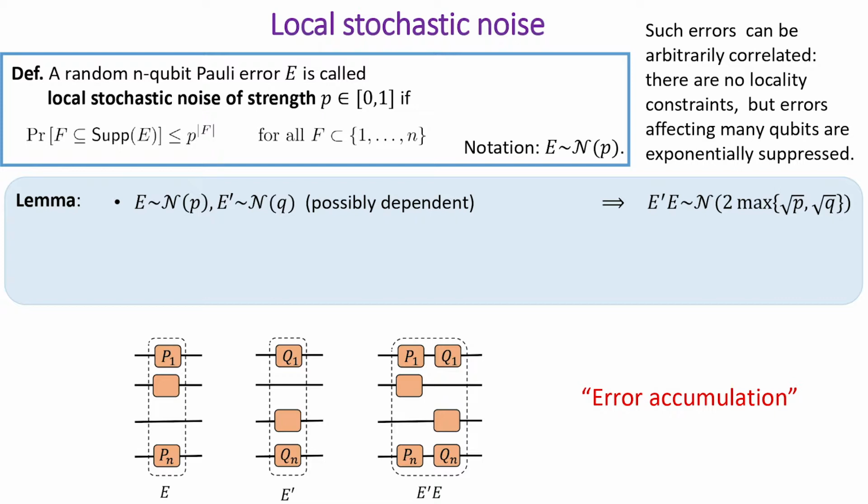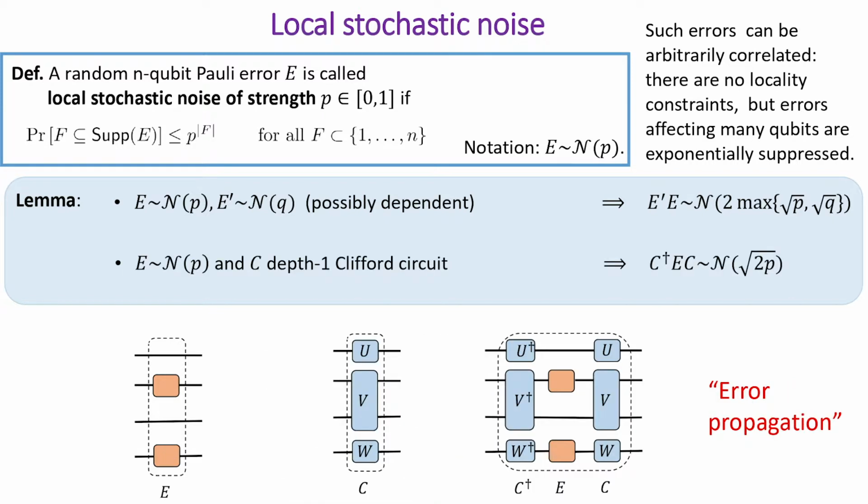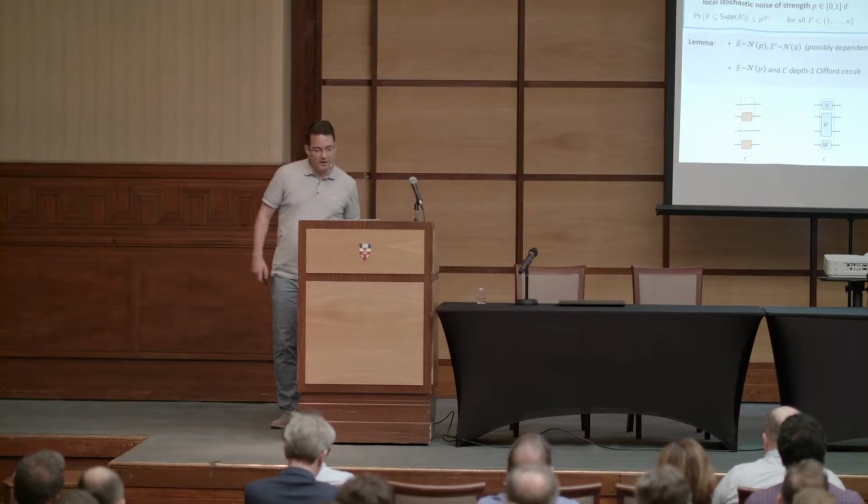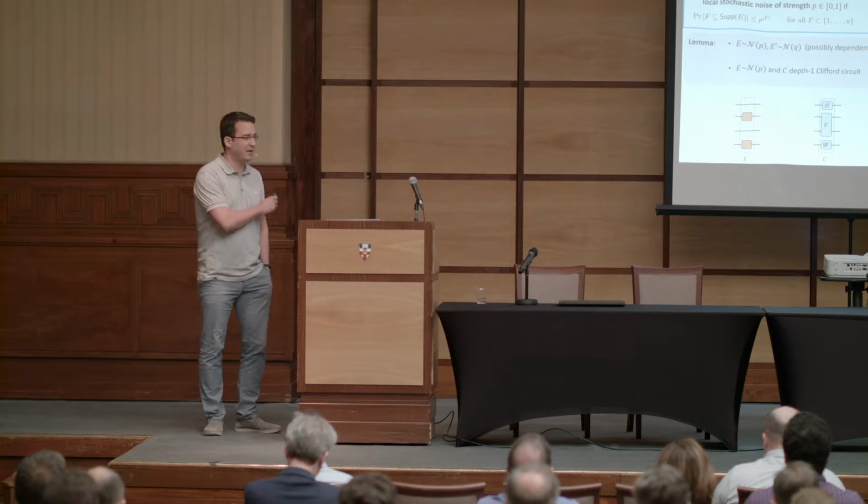The other property, of course, because we're talking about random Pauli errors, is that these errors are compatible with Cliffords. So if you have, for example, a depth 1 Clifford circuit and you conjugate the error by this Clifford circuit, then the support grows a little bit, but in a controlled way. And you can translate this into error rates, and you see that you pick up a square root. Okay, so this is error propagation. It means that we can propagate errors through a Clifford circuit forward in time and still control how the error grows. Okay, I will use this lemma in a bit, but right now,